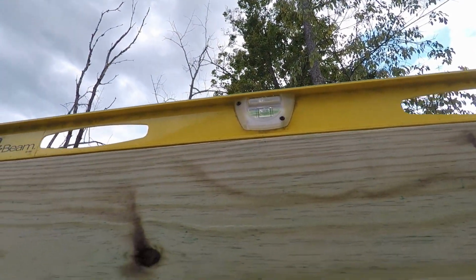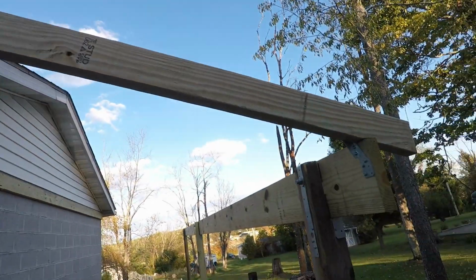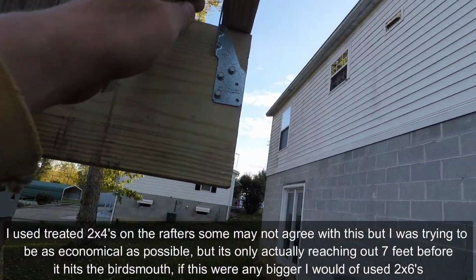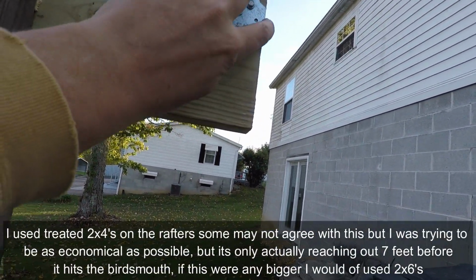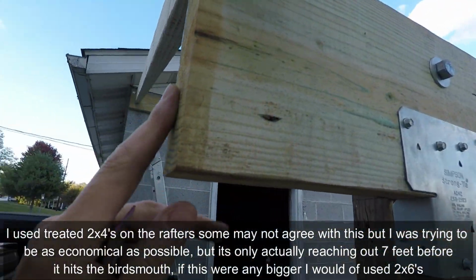It's level. Okay, I got my first rafter up. Now this one has these connectors on the end, but the rest of them are going to have this. This is only because I wanted this. This is actually, see if you look up there at the